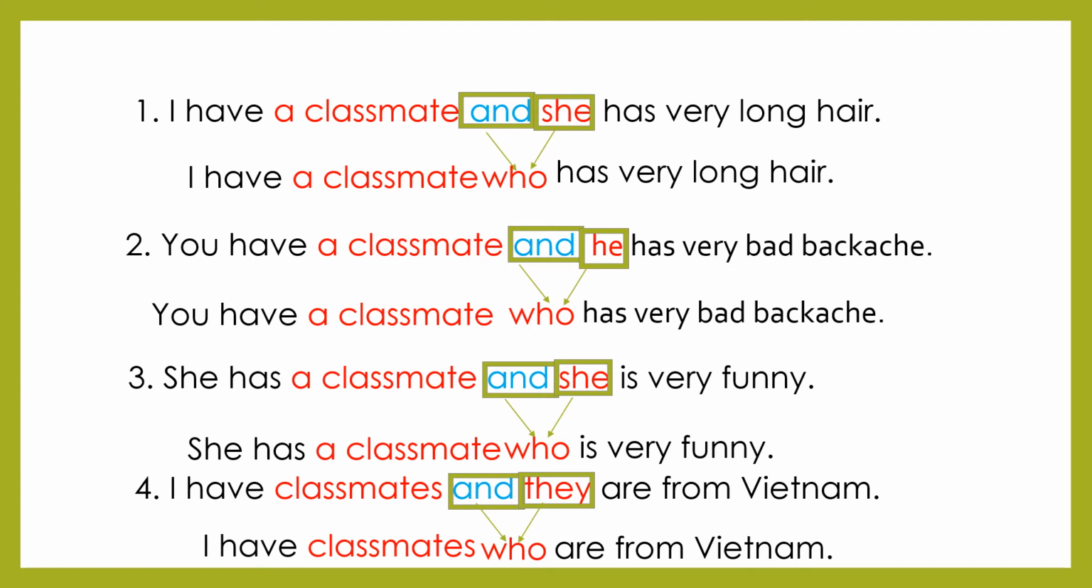Okay, the last sentence we have is: I have classmates. So we have a plural. And they are classmates and they are the same people. So we are not going to repeat they. Instead, we are going to combine "and they" into one, which is